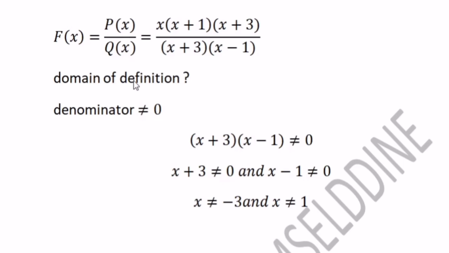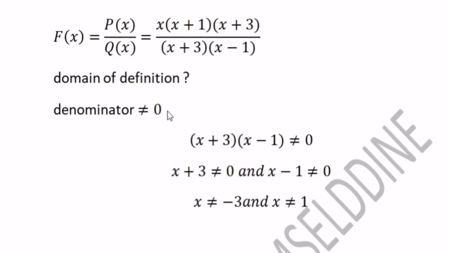When we want to find the domain of definition of f of x, we must solve the denominator does not equal 0. Why is that? Because we cannot divide by 0, and if we get our calculators and divide 5 by 0, we